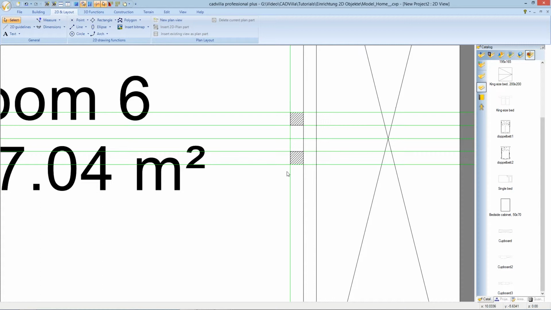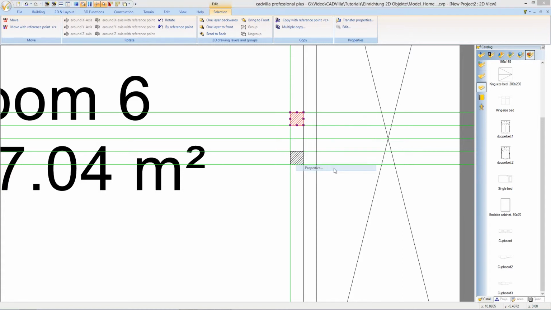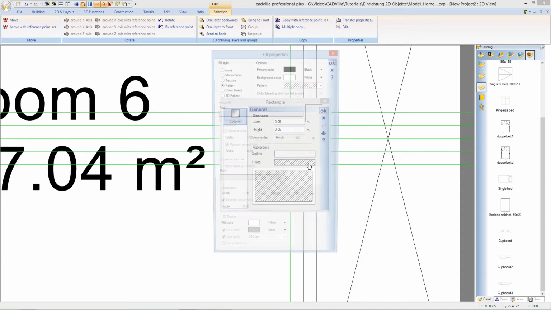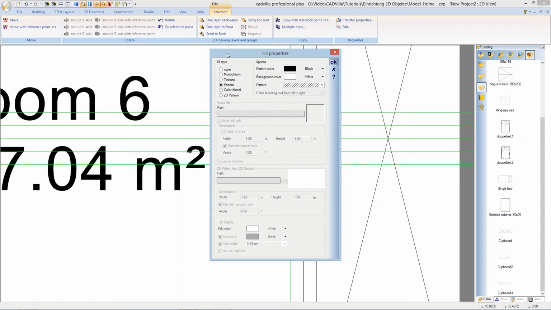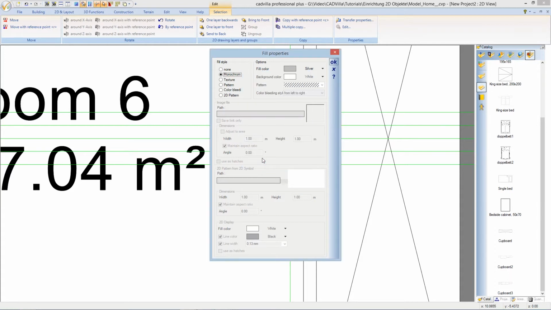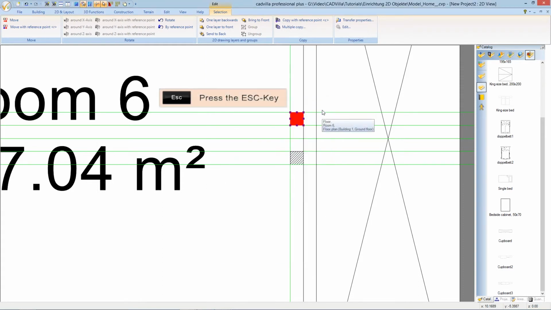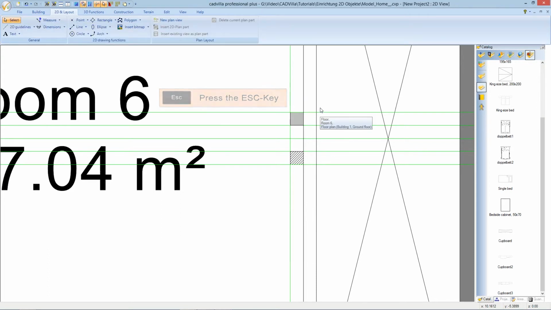Now we will change the filling of our doorknobs. Therefore, we select the first rectangle, we press the right mouse button and we select Properties. We click on the point Filling. For the fill style, we select, for example, Monochrome. Now we select the color, for example, Silver, and we press OK, OK, and OK. We press Escape,